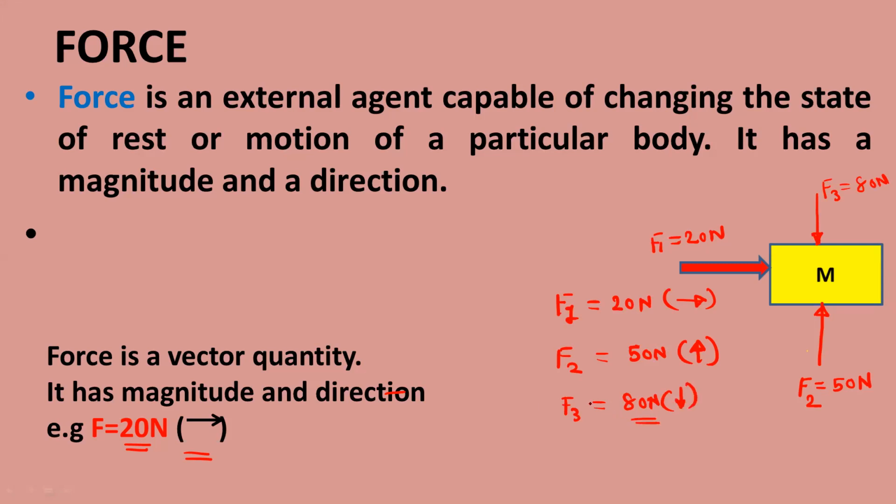Generally, forces on the right side are considered positive, and forces in the negative y direction or negative x direction are considered negative. So we will use positive and negative signs when we add the forces in the x direction or in the y direction. But when we represent the force as a vector, we have to write the magnitude and specify its direction by using the arrow. Is it clear to you how to represent the force?